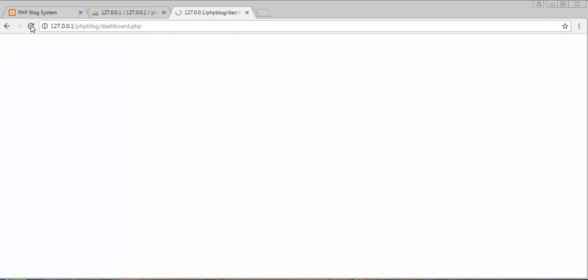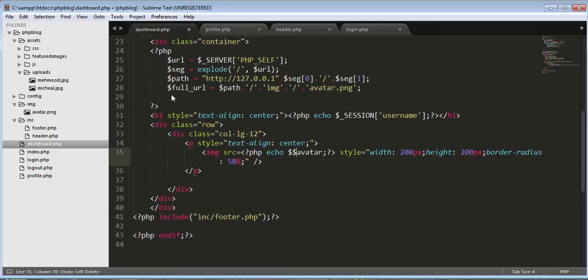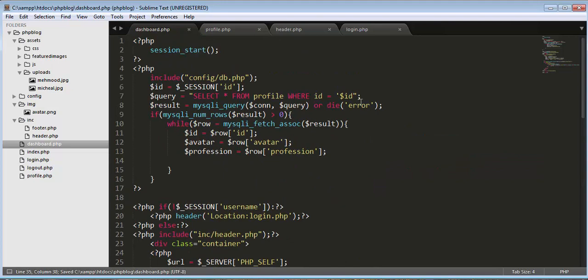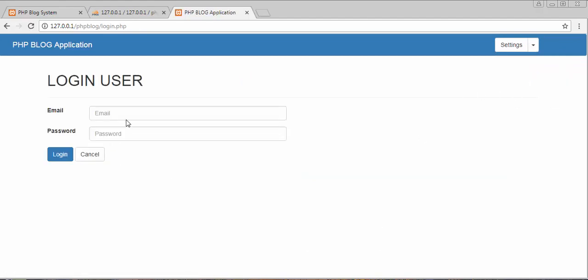Okay, and above this here, we need to write an if condition, if $_SESSION ID. Okay, so based on the ID I'll be displaying that message. If the logged in user has the ID as 1, which is admin,